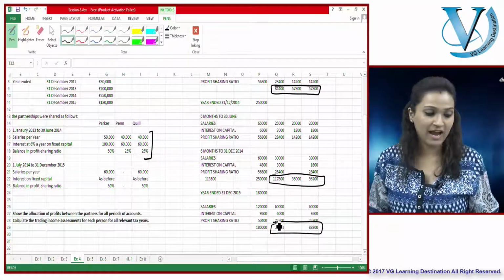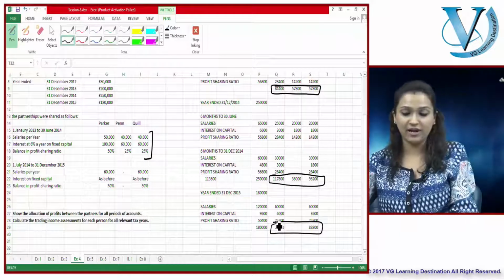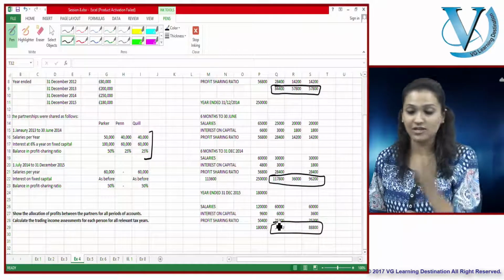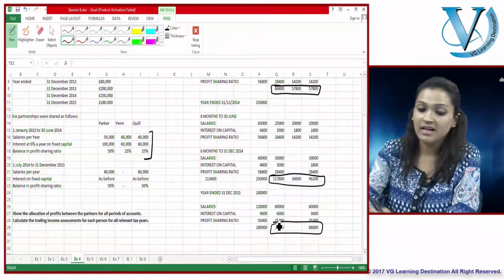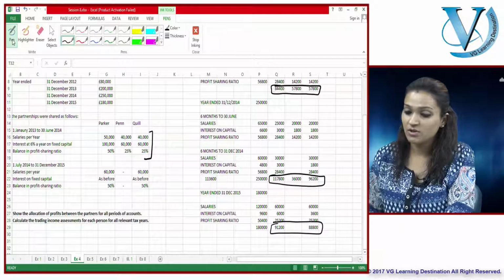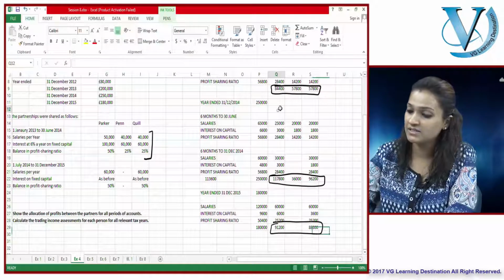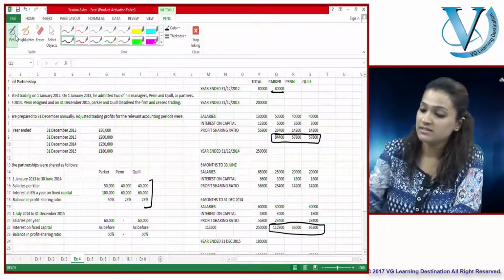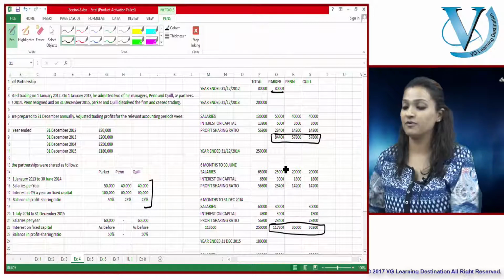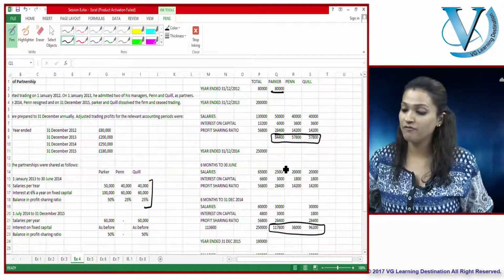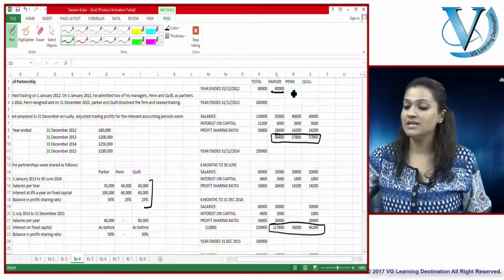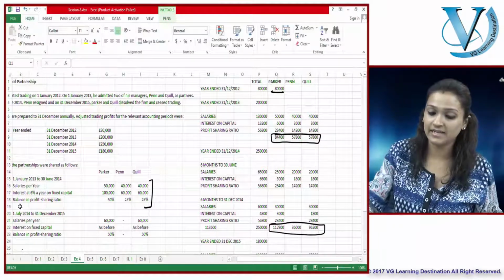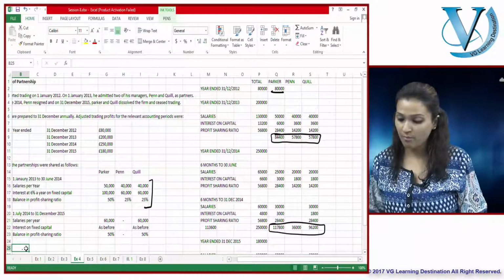So, very well, we have to begin with the first year of trading of the business. The first year is for the Parker itself. So, let's do it for each of these partners in the year of assessment. So let's start off with Parker first. For Parker, this is the first year of trade, and thereafter we're going to follow the same set of questions. So this is the first year for Parker, second year, third year, fourth year for Parker. So let's begin without wasting any time.